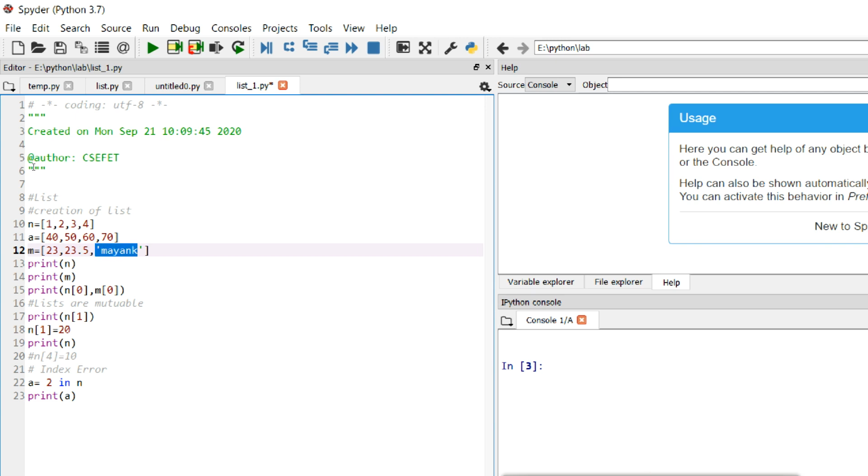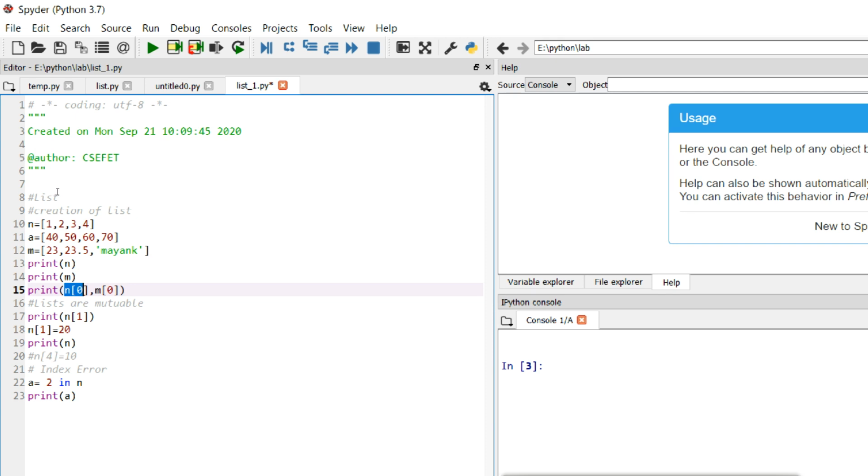So the index begins from 0. We can access the individual member of the list by using the index. If we want to print the entire list, then simply if we write a print statement and give the name of the list, it will print the entire list, as in the case of this function. And if we want to access an individual item, an individual value, then we have to write an index.